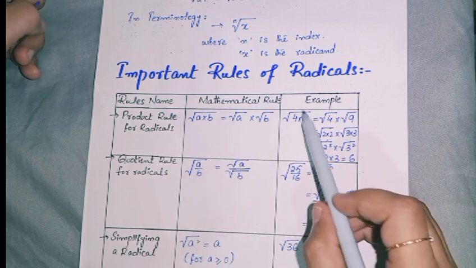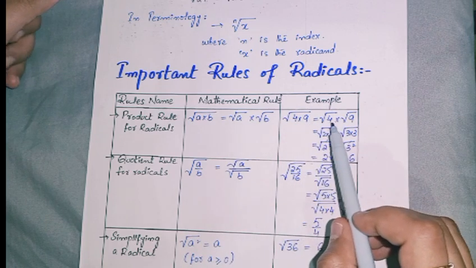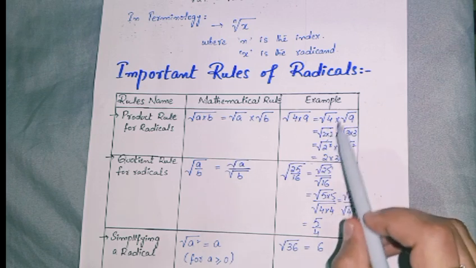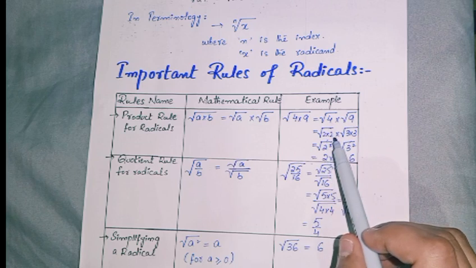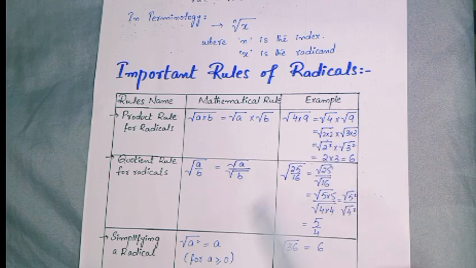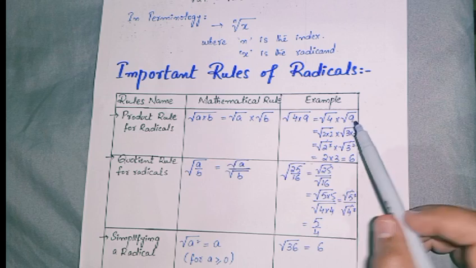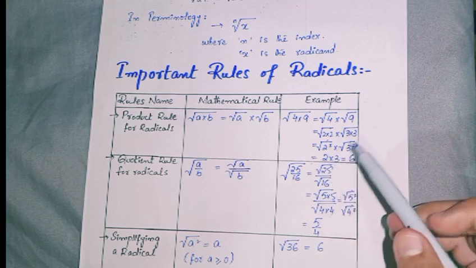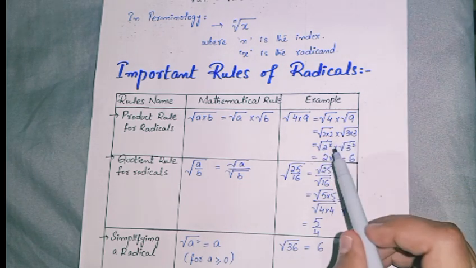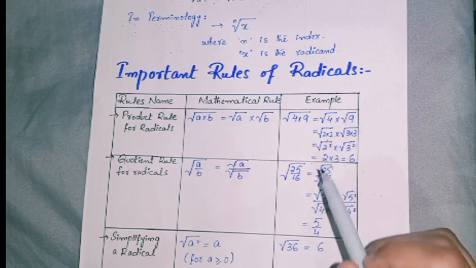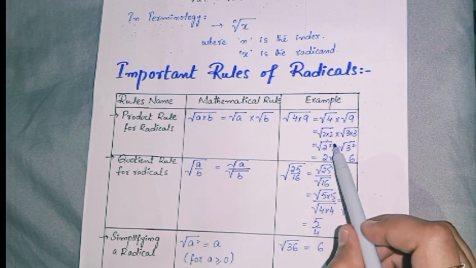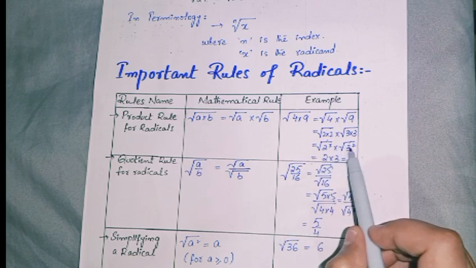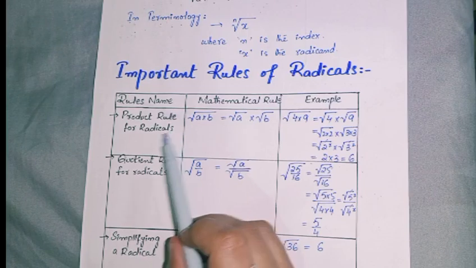Okay, so when I'm giving an example here, when you're writing 4 into 9, you can separate it in this way as well, under root 4 and under root 9. So when you take the factors of 4, that will be 2 into 2 and it will be 2 square. Okay, what about this one? It is 9, and 9 can be factorized into 3 into 3 and it will be 3 square. So you can see both of them have 3 to the power 2 or 2 to the power 2. It means they have 2 as a power, and this is already in a square root, so you can simply cancel out. Square root will be cancelled out with the power 2, and here also square root will be cancelled out with the power 2. You will get the simple answer 2 into 3, that will be 6. So this is the product rule for radicals.